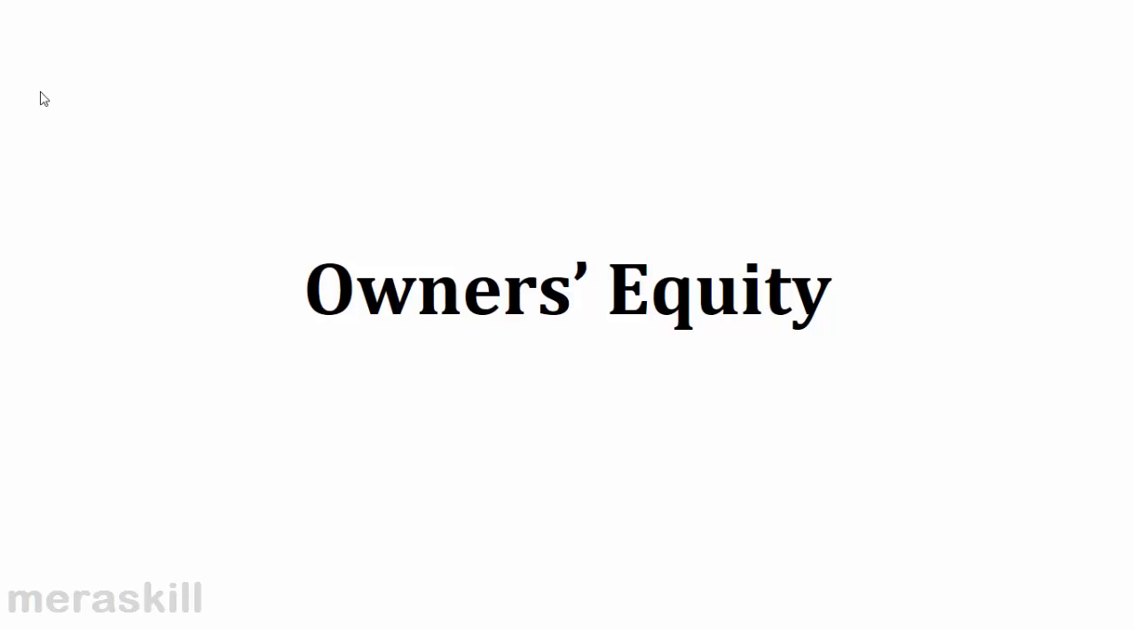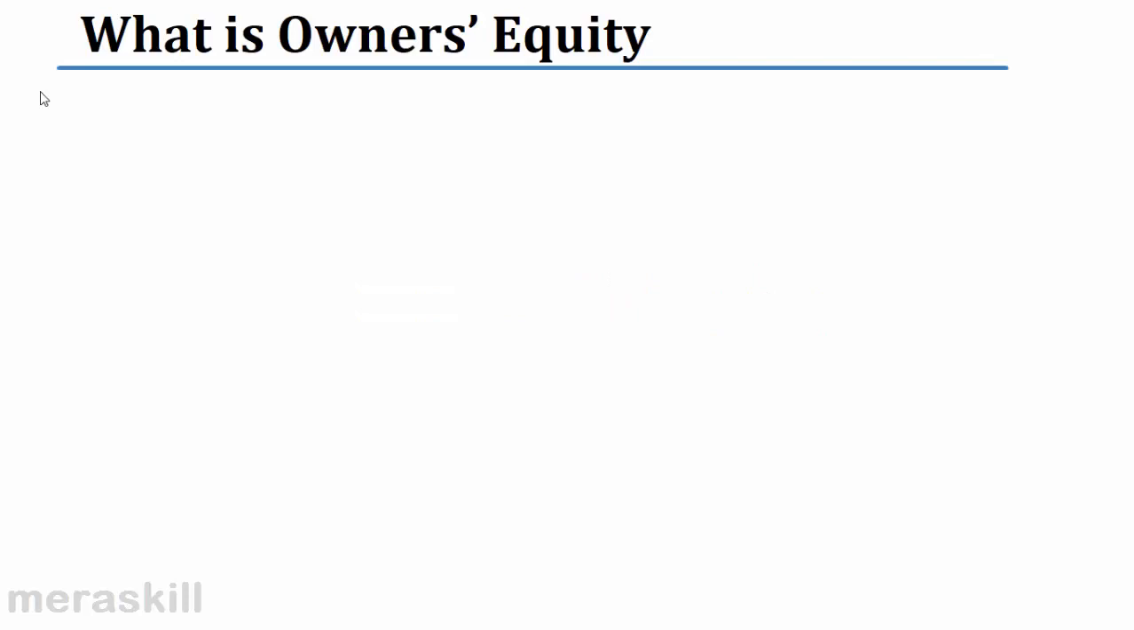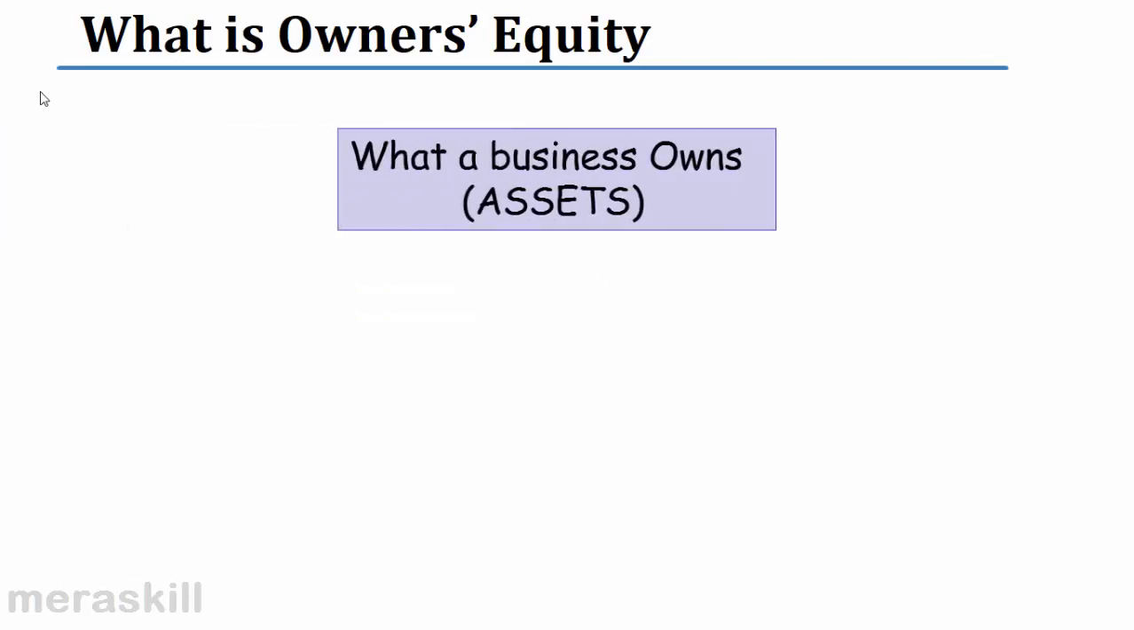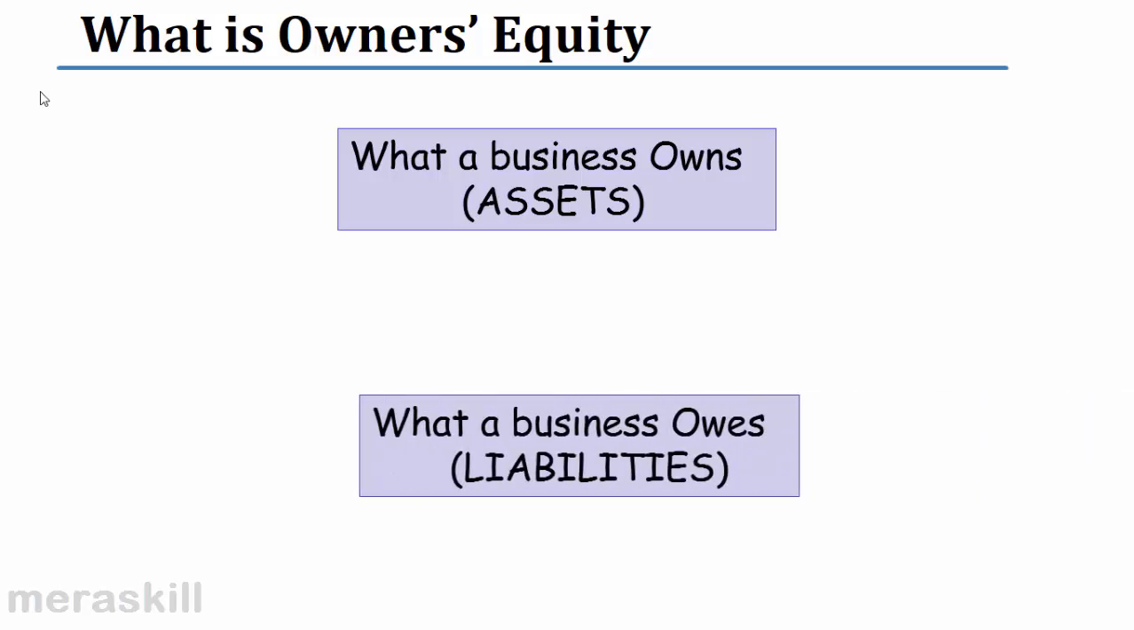So what is the owner's equity? What a business owns is assets. What a business owes is liability. And what is the difference? The difference, the residual amount, that is owner's equity. So what is owner's equity? Assets minus liabilities is equal to owner's equity. It is nothing but the balancing figure in the balance sheet, the residual figure, the residual amount which belongs to